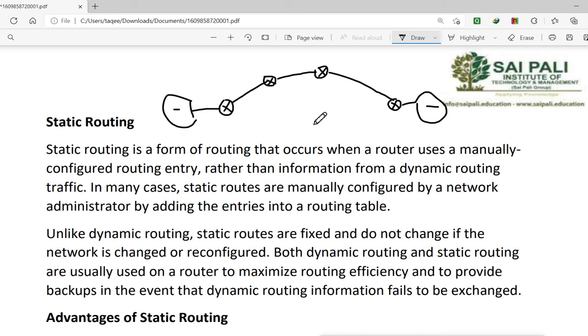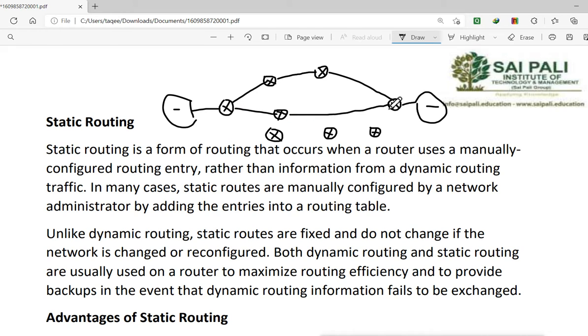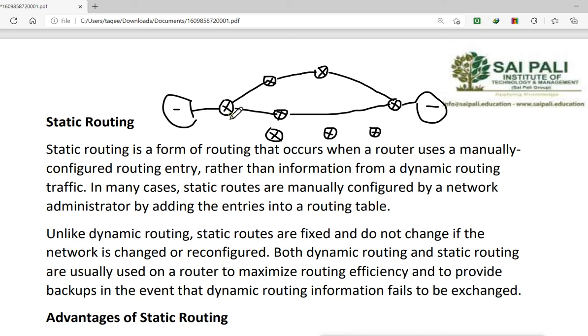Then we may have other paths also. We may have this router and this router directly connected, or another path, like this one, then this one, then this one, then to this one.